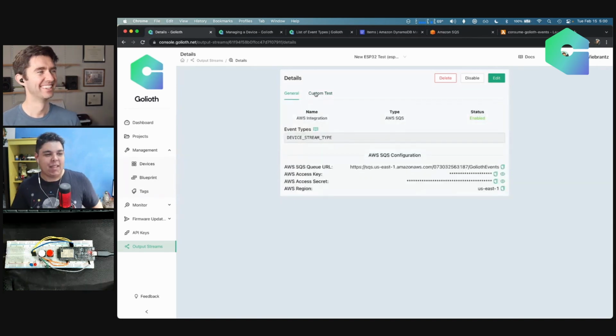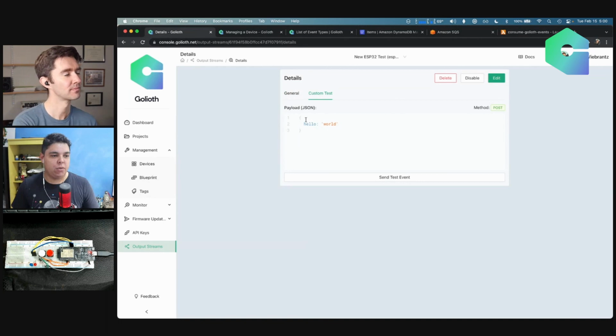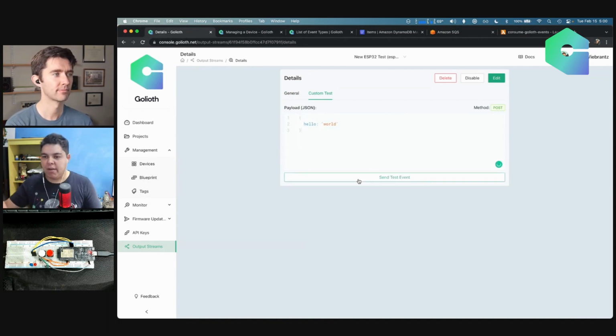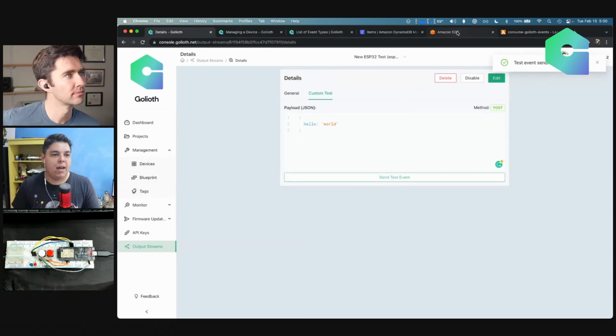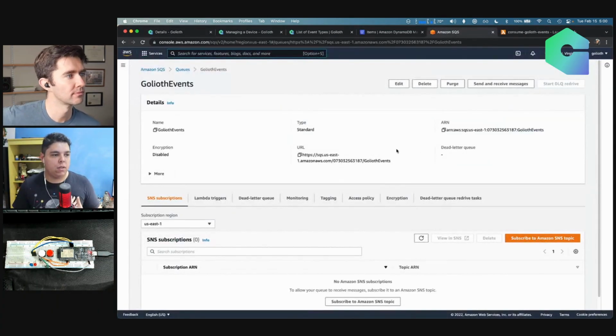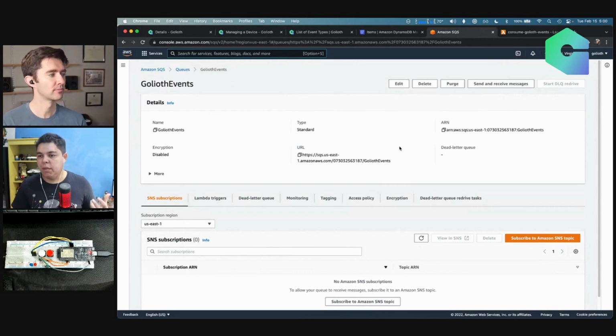Yeah. And here we also added something really useful, which is to test that integration. So you can click here and see the event arriving on the other end. I'm going to click here to show that event arriving later, but I'm also going to show the setup here on AWS. I'm not going to go deeply into the configuration because we have the steps required to create this in our